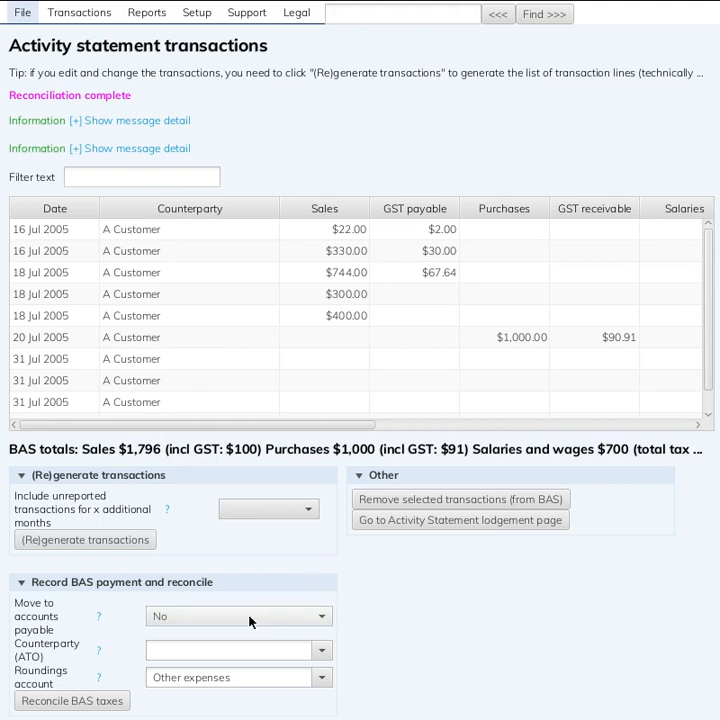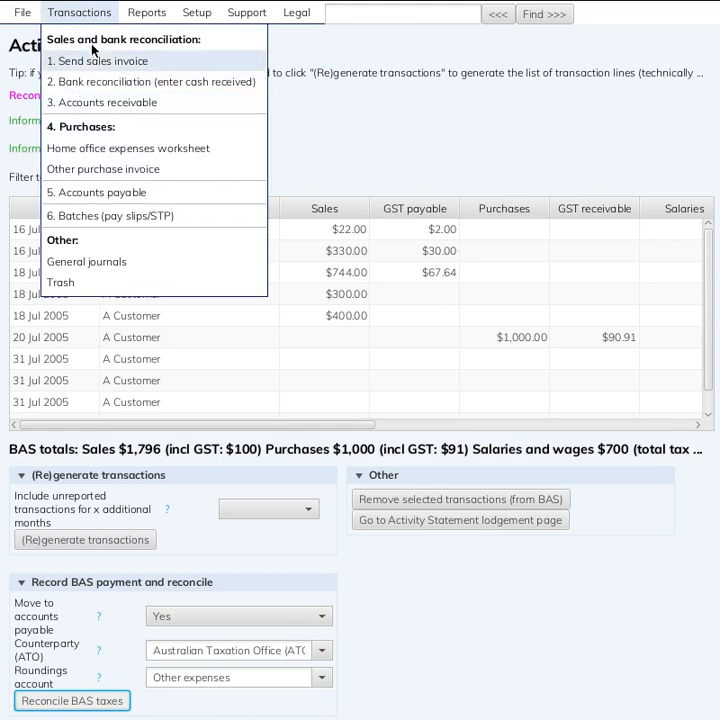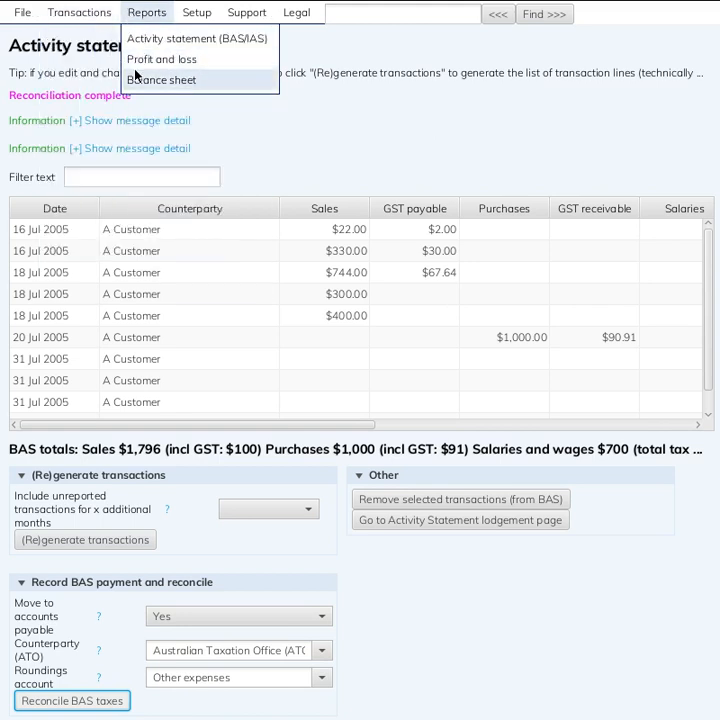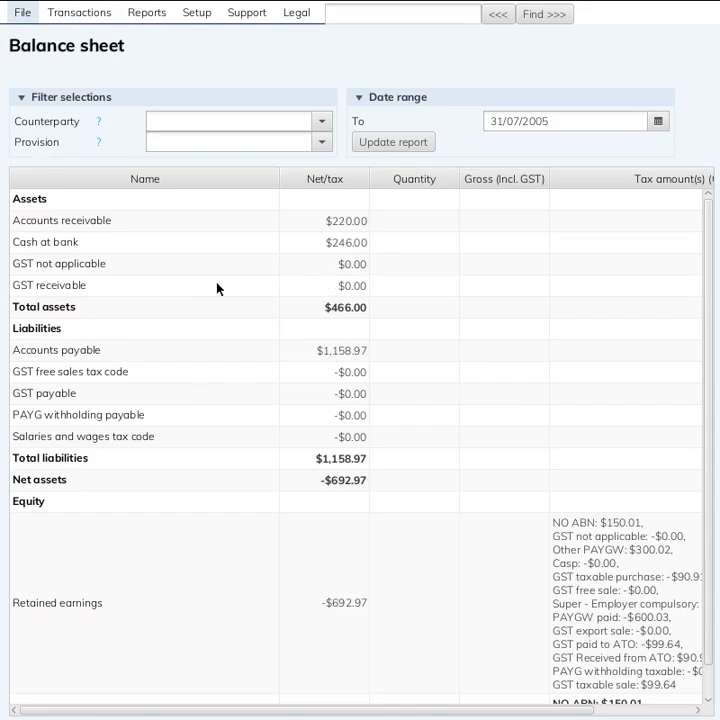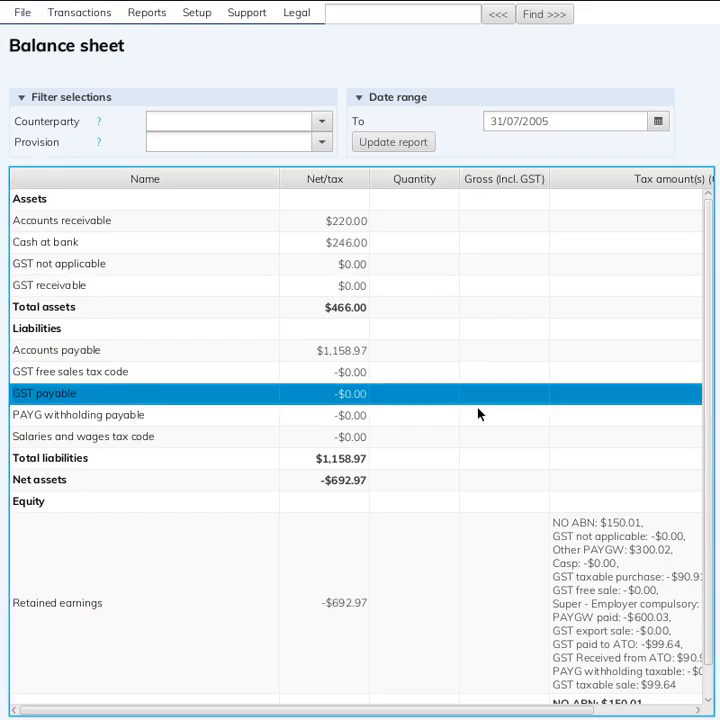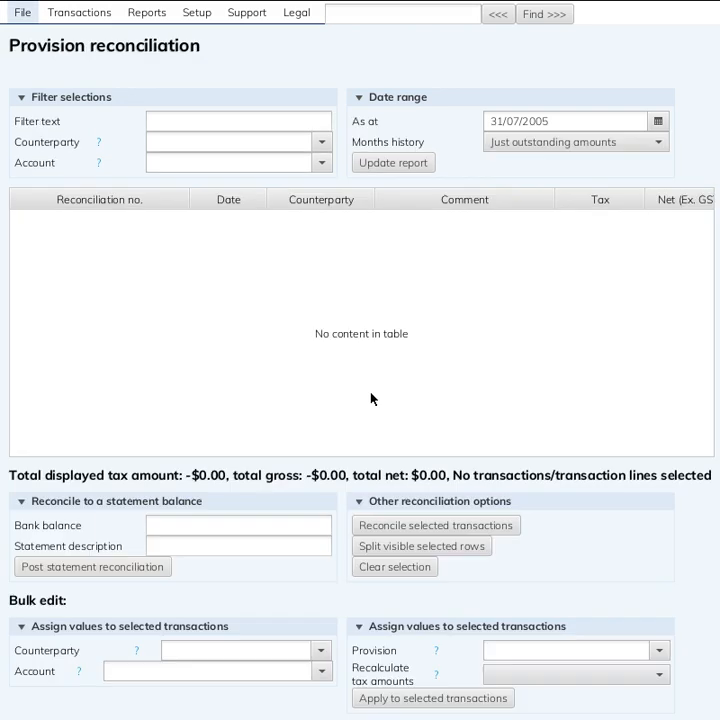let's do this again. But in this case, we're going to select yes, move to accounts payable, put in the ATO as the counterparty, round his account, we'll leave that on other expenses, and click reconcile BAS taxes. Okay, reconciliation complete, and in this case it tidies up your balance sheet. In fact, let's look at GST payable, it's made it 0. So if we double click on that, there's nothing there. If we look at the history,